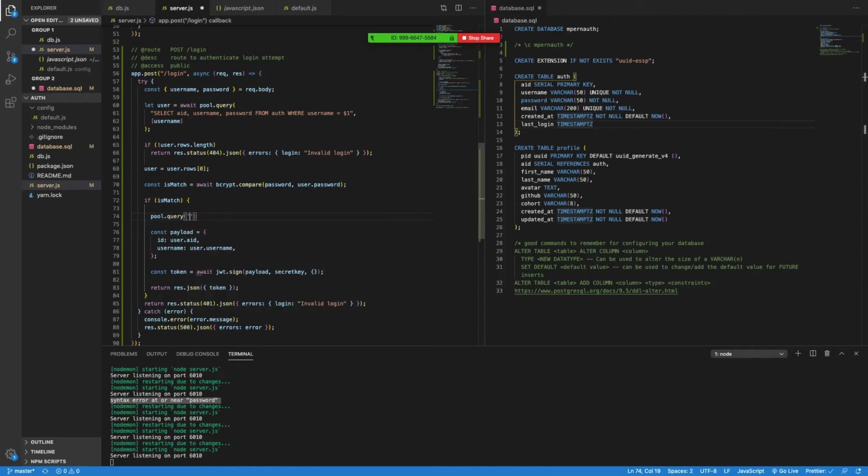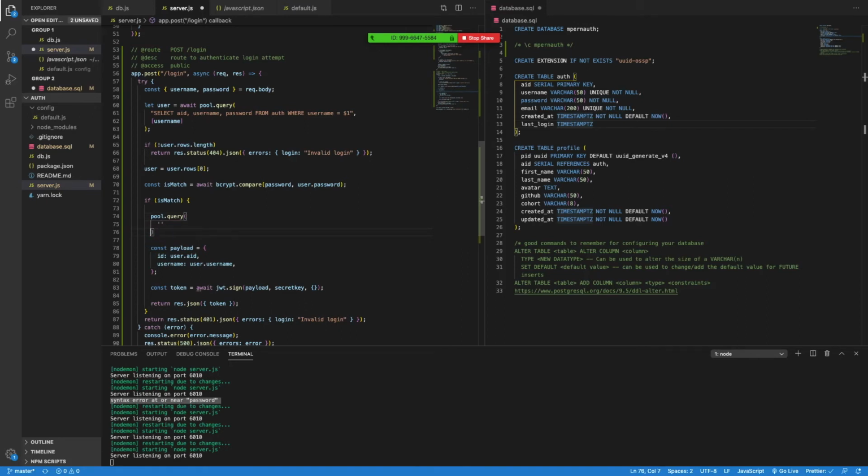Did anyone help me create this query? How do we modify an existing field in SQL? Does anyone remember? Update. Yeah. Someone else? What are we updating? True, but where? We need the database first. And now we do want to change one of the rows, but how do we tell it that we want to change the rows? We update off. What's the next word? Anyone remember what it is? It's set. Yep, set, and then set last login